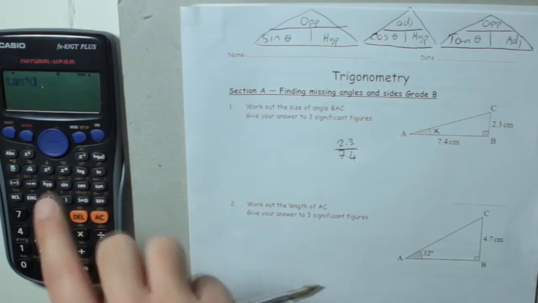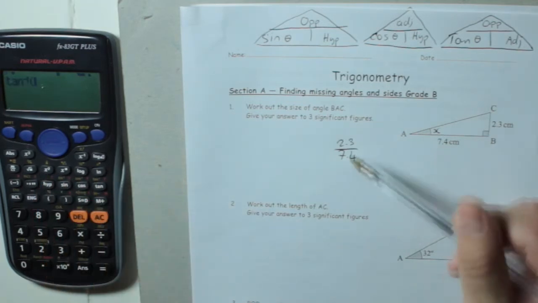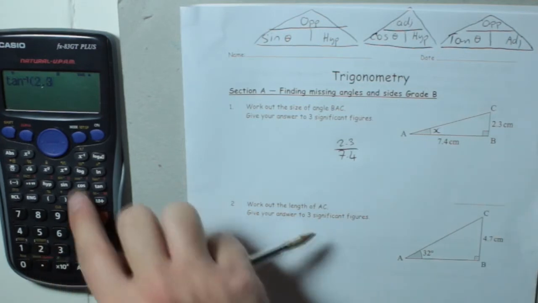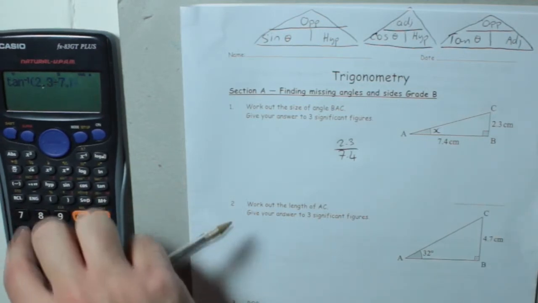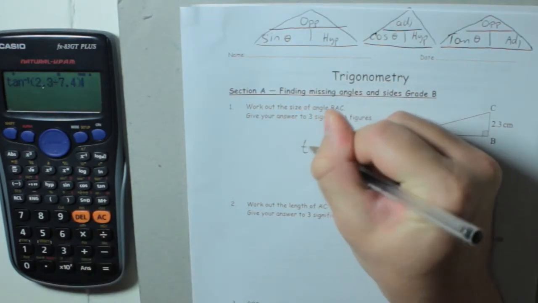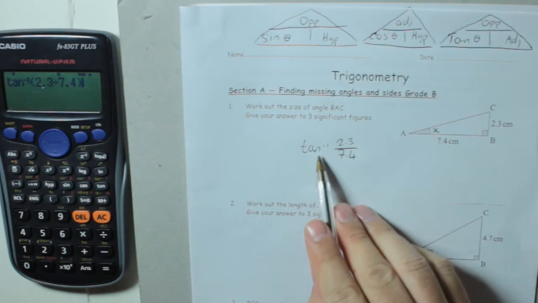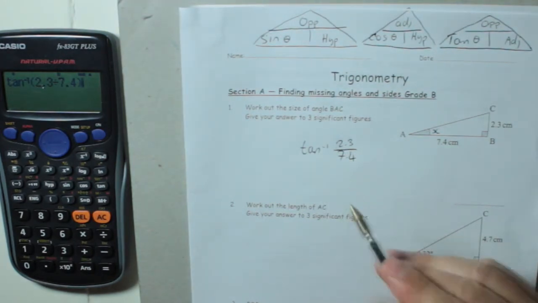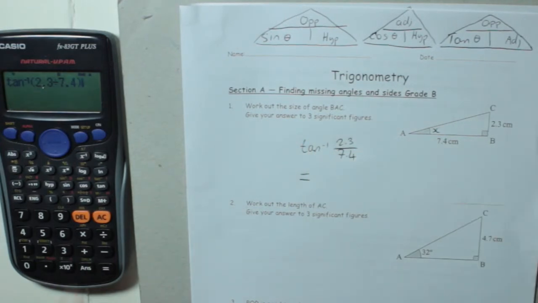So tan to the minus 1 of 2.3 divided by 7.4, all in brackets. So I'm going to write this here. Tan to the minus 1, inverse tan, of 2.3 divided by 7.4 will give us the angle, which is